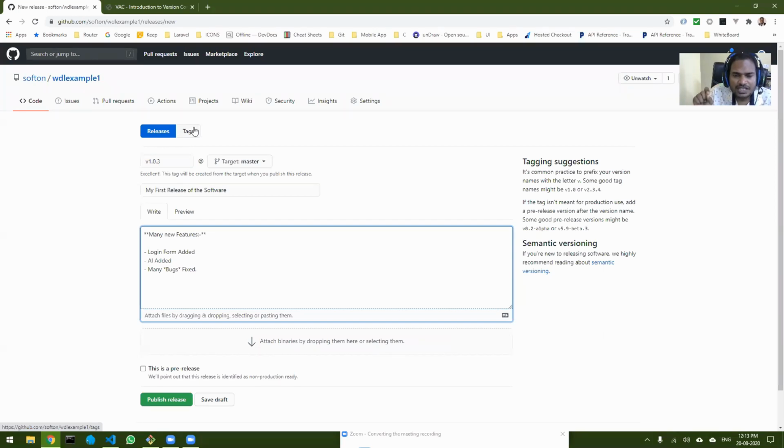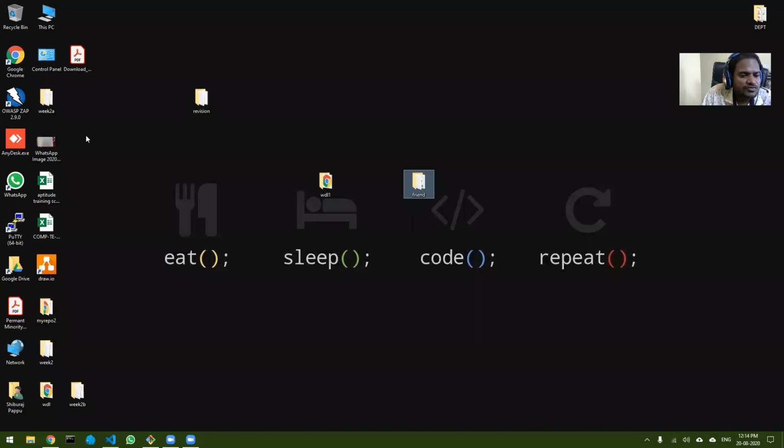Just imagine you download Chrome in the source code format. Let's say it is created in C, so you download the C file. What is the use of that to a normal user? For a developer, yes, it will be useful, but for a normal user it will be useless, right? For the normal user, you have to provide the compiled version of your code. Now to provide that, you use releases. This is the place where you upload your binaries.